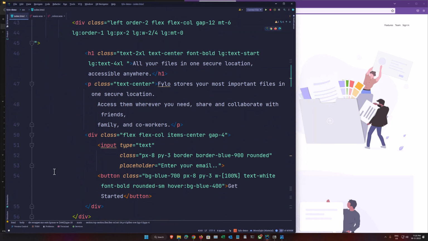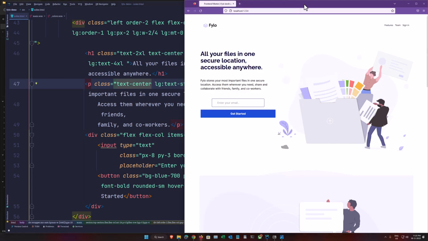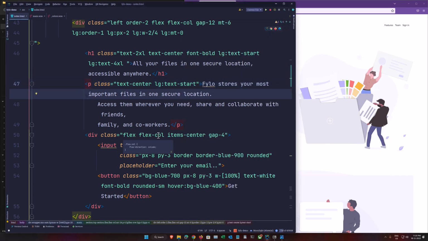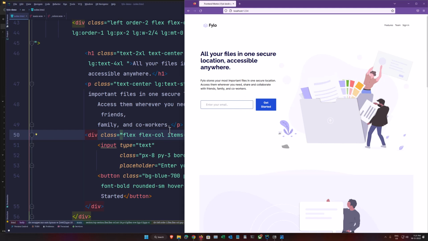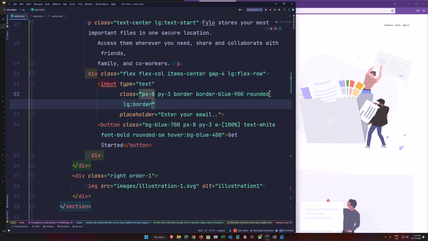For the p tag, again, nothing much. The text should start from the start, and this div should have flex row, side by side. That's it. So the button and this one should come side by side. The input, let's see, what do we need for the input here? Border gray 300 and py1. Similarly for the button,